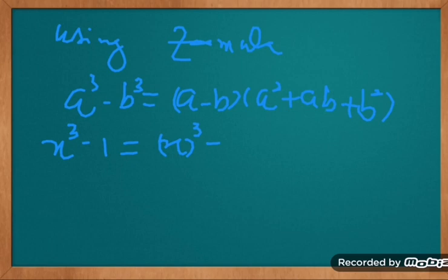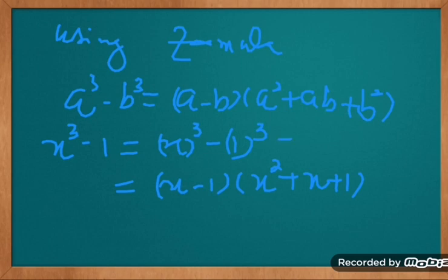Now this is equal to x minus 1 into x square plus x plus 1 is equal to 0. Now either x minus 1 is equal to 0 or x square